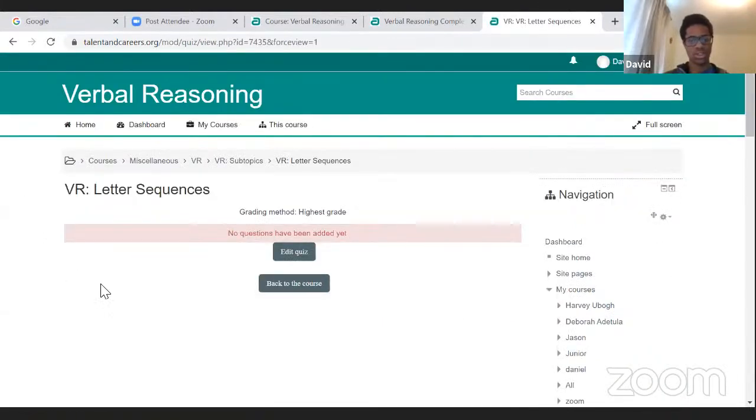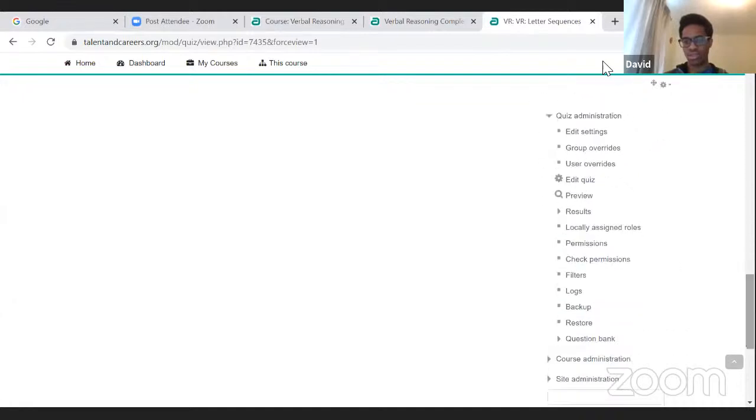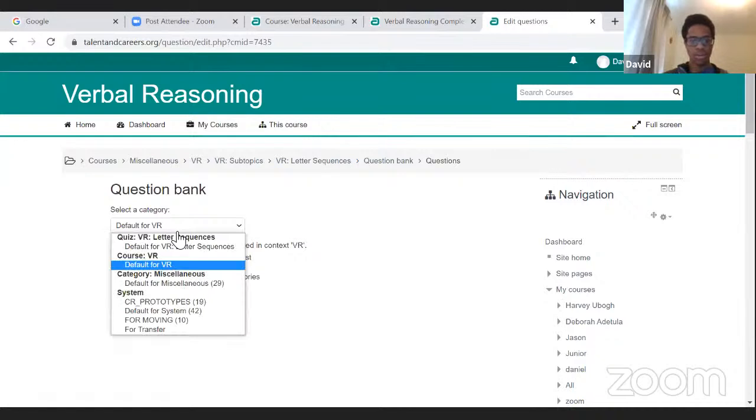Once I do that, it should show me this. It's created the quiz, but we still need to add the questions onto the system. So we scroll down and you should see quiz administration, which shows you edit settings, group overrides, and so on. But the one I want to click on is question bank. If I click on that, it takes me to the question bank for the verbal reasoning section, but I want to strictly